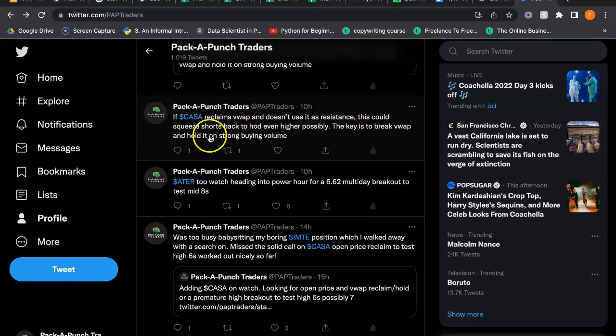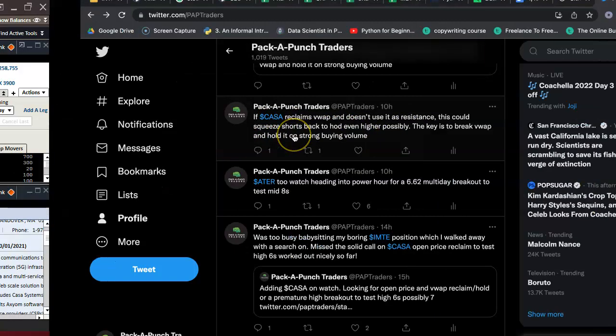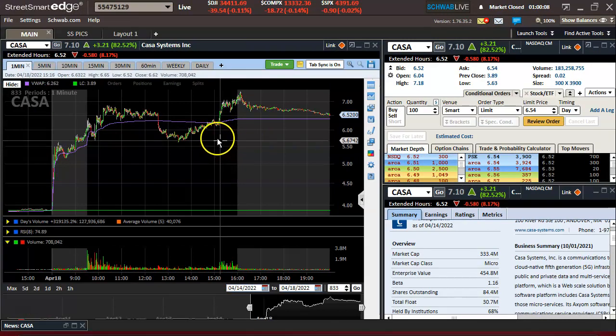The key is to break VWAP and hold it on strong buying volume. And that is precisely what ended up happening here. We got a burst right through it. Volume really comes back. It was consolidating nicely here, right around it, which is why I took the quick trade,